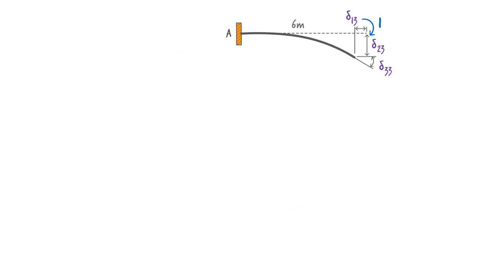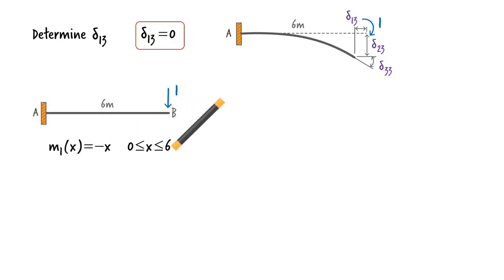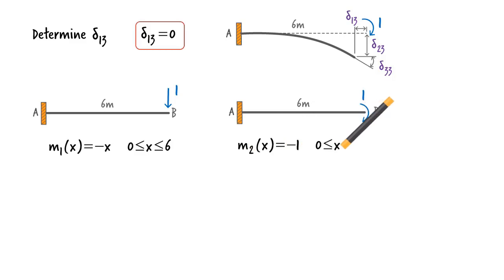Finally, we place a unit moment in the direction of MB. Then, we calculate the resulting displacements. Again, axial displacement, delta 1 3, equals 0. Given the 2 moment equations that we determined in the previous step, we can write